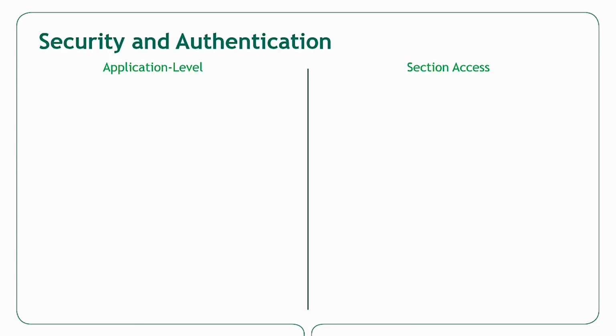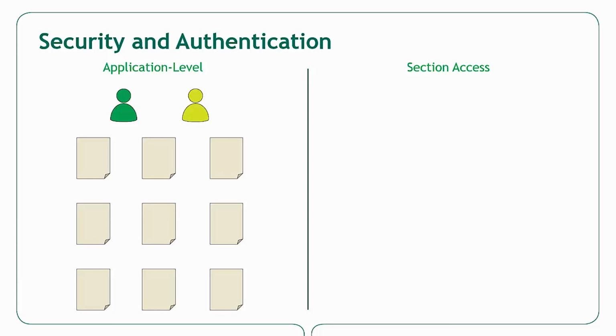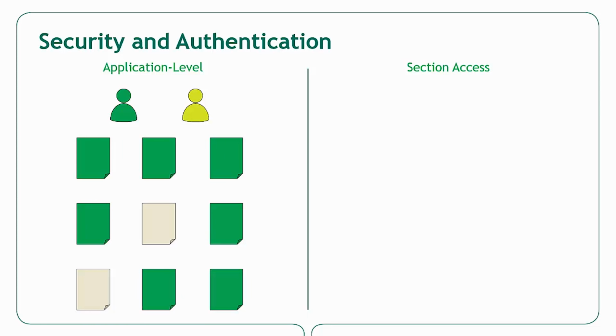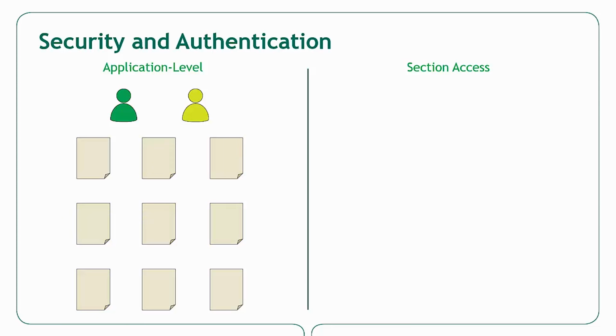So there are two main forms of security. The most basic is application level. At the start, you can open up applications to anyone who has a Qlik license. However, you can start to customize this access on an application level basis so that individuals access the applications that are only meant for them. Typically, we see finance or HR applications locked down so that only the relevant users can see them. If you let them have access to an application, they have the ability to see everything within that app.